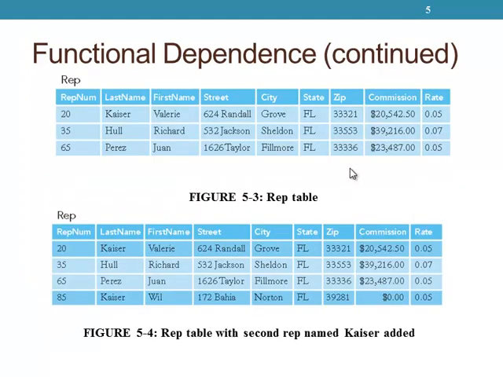So here's our rep table that we're familiar with, right? We have our rep numbers, we have last names, and all of this other information about the rep. If you know rep number 35, if you're looking for that, can you find one last name associated with 35? Yes, there will be only one. Okay, let's look at it the other way. This table has one more person added to it that wasn't there before. This happens to be another person named Will Kaiser. Different first name, but same last name as somebody else that exists. So if you had the last name Kaiser, could you pick out which rep number it is? No, because you might get 20 or you might get 85.